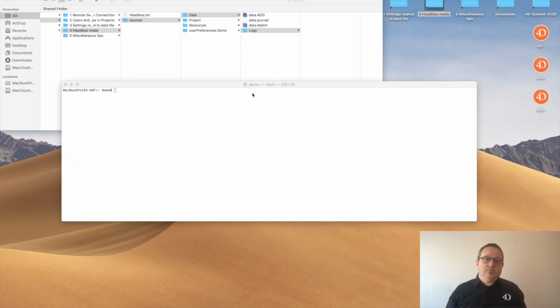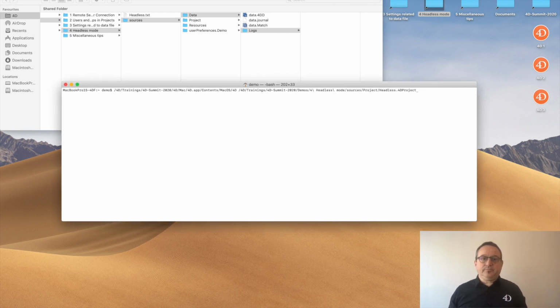So I could run my database as usual, but I will run it in command line. The command line is quite long, but it's very easy. I run my 4D application with a full path with my project. So only that, I run it.